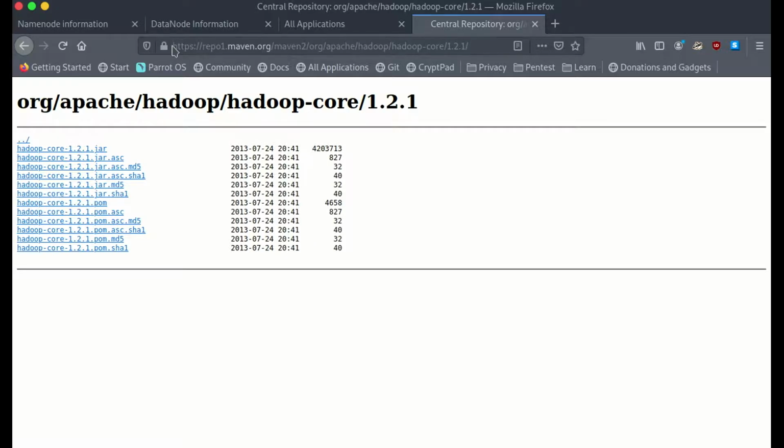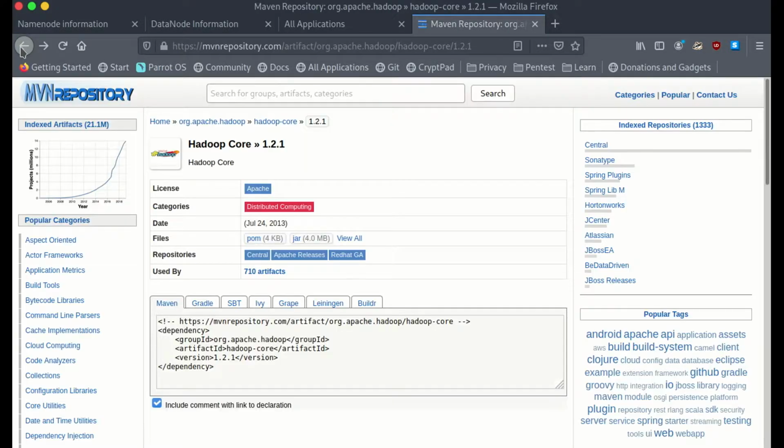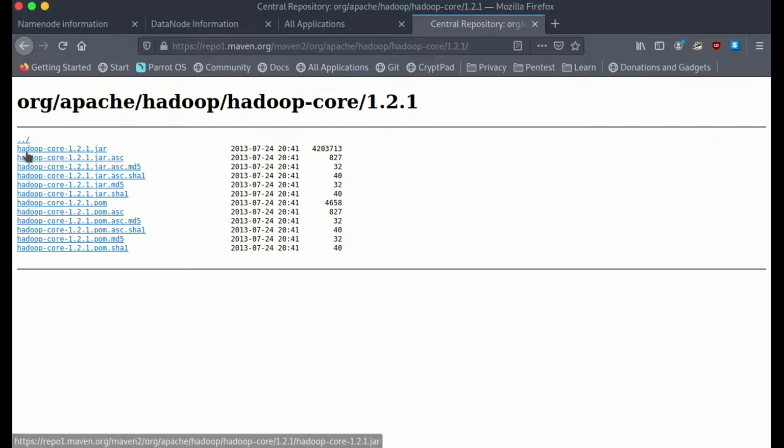You can access this Maven repository URL to download it. Under this Maven repository, you have Hadoop core version 1.2.1, and if you click view all under the files section, you will get a list of files, where the first one, hadoop-core-1.2.1.jar, is the actual file, and you have to download this file that's around 4 MB.